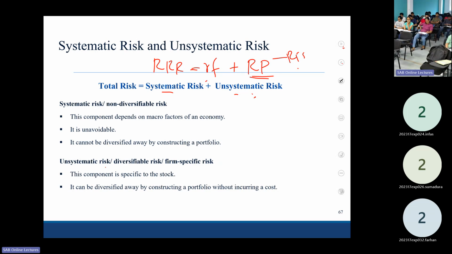So if you are a rational investor, you can diversify this part of risk by investing in another company, by investing in a company negatively related to this particular company. You can identify stocks negatively related to this particular company. Then if your portfolio consists of, say, an umbrella-making company and an ice cream company,